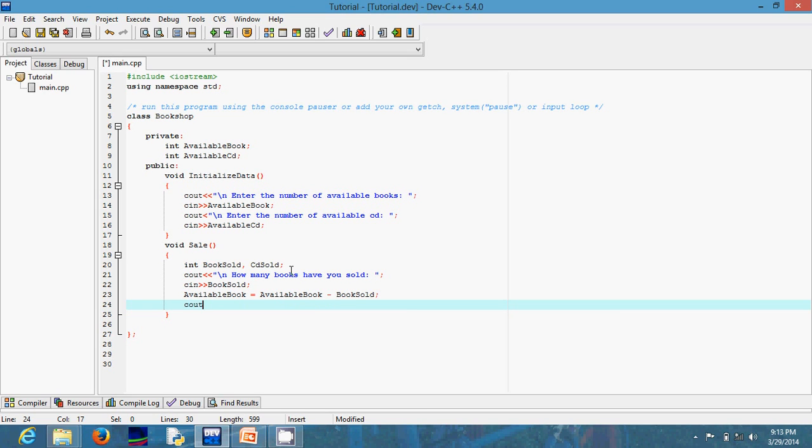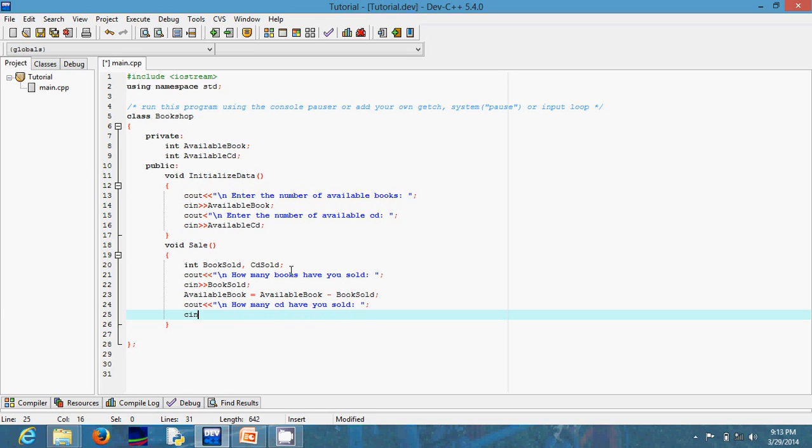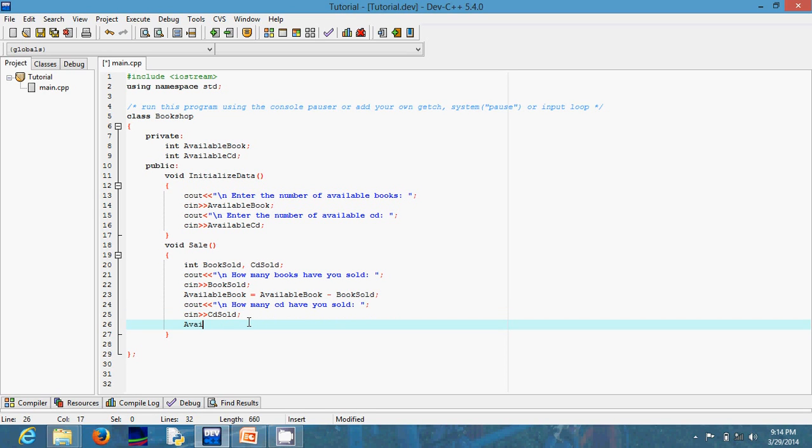So cout \n, how many CD have you sold? Okay, let me put a colon here, so that it looks like the first one. Then of course I need to get that from the user. cin CD sold. Like I said, you must be careful to make sure that this is appearing the same way you wrote it up there. So I do my deduction, available